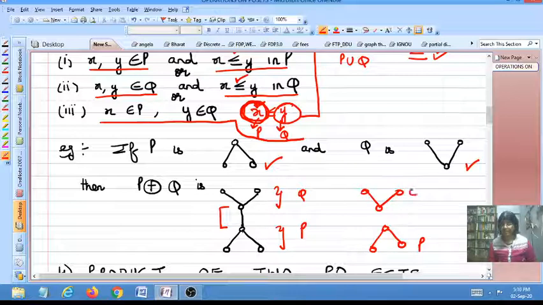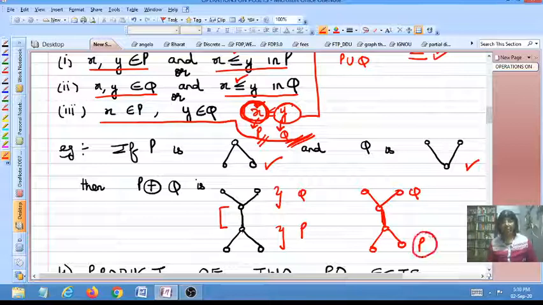And now because the elements of P have to be on the left, they have to be down in the Hasse diagram, and because the elements of Q have to be on the right, they have to be at the top in the Hasse diagram, and there should be a relation between them in the linear sum. So we draw a line between them because there should be a relation in the linear sum. And this way all the elements of P are related to the elements of Q, but the elements of P will remain on the left and the elements of Q will remain on the right.